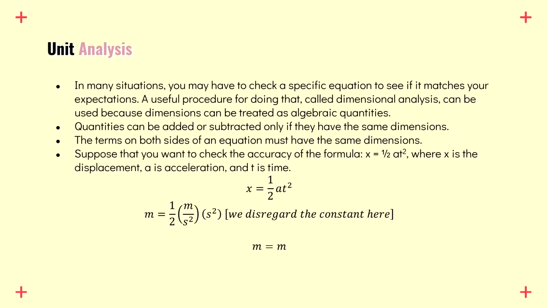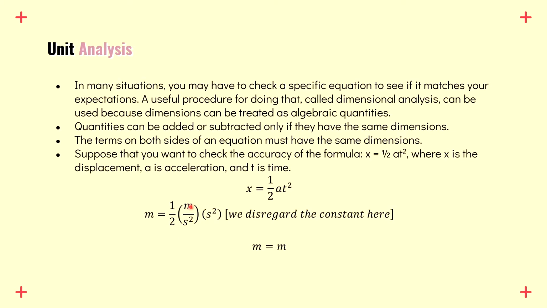Suppose that you want to check the accuracy of the formula x = 1/2 at squared. Later on, you will learn this formula, where x is the displacement, a is the acceleration, and t is time. Since displacement is expressed in meters in the metric system, we put m here. Then 1/2